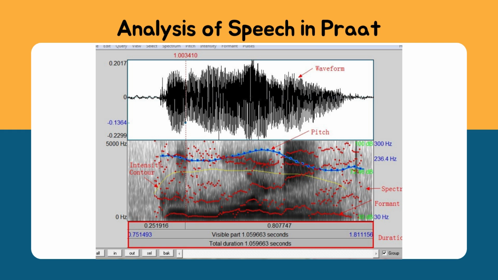The blue line is the pitch, or the intonation, the rise and fall of the sound. The yellow one in the middle is the intensity contour. The red line below is the formants. And finally, you have duration below the spectrogram.